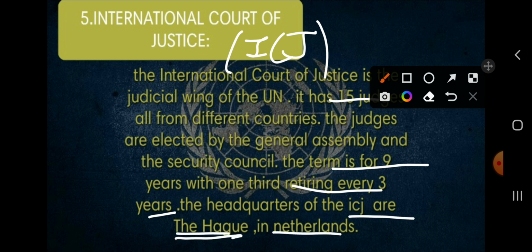तो मैंने बताया था कि और सारी जितनी भी ऑर्गन्स हैं उनका जो हेडक्वार्टर्स है वो न्यूयॉर्क सिटी जो है हमारी USA के अंदर, उसके अंदर है. बट जो हमारा ICJ है उसका हेडक्वार्टर कहाँ पे है? नेदरलैंड के अंदर है. ओके,